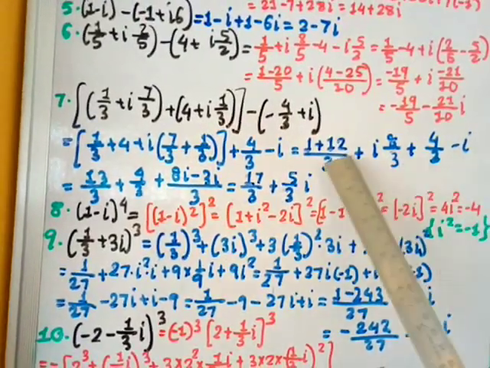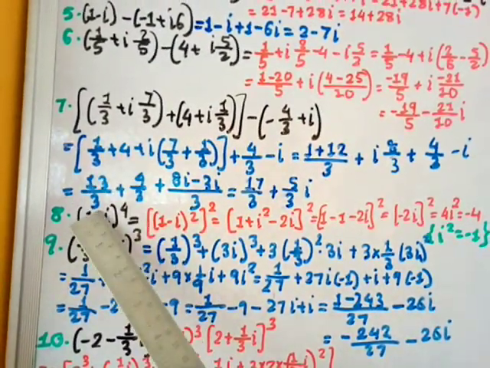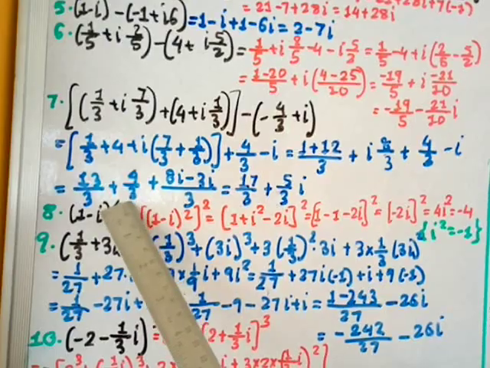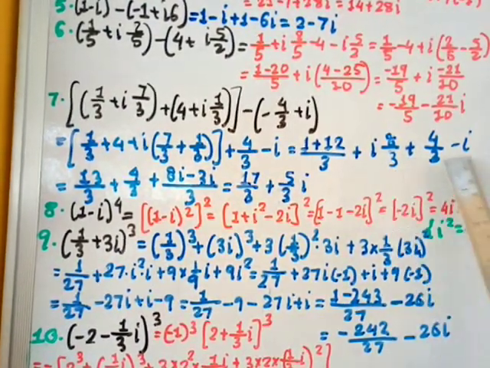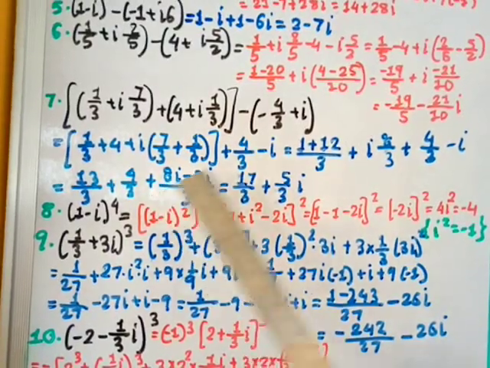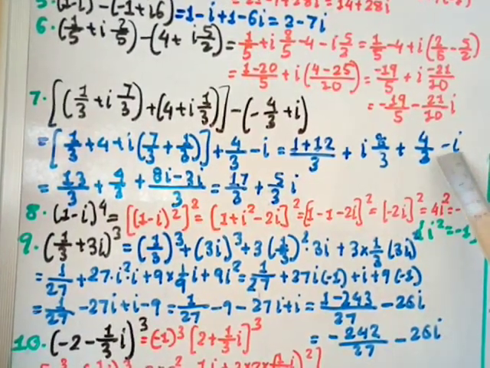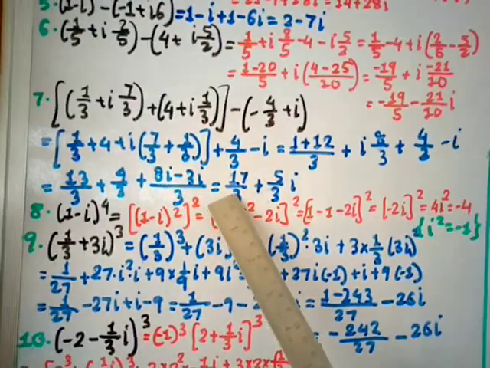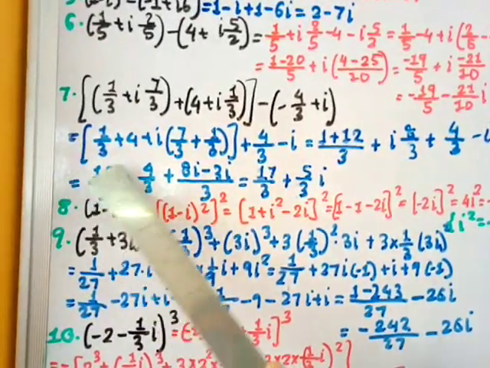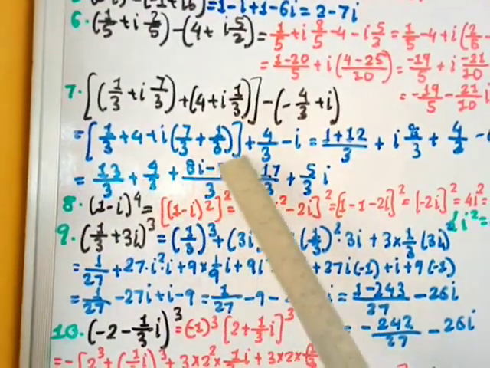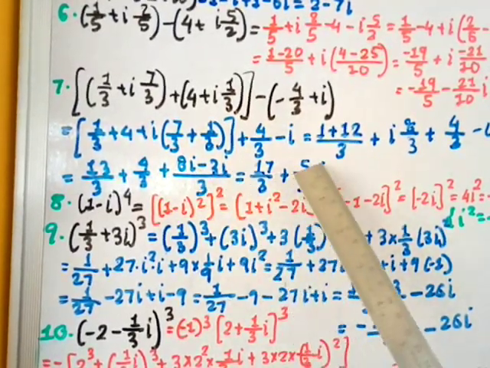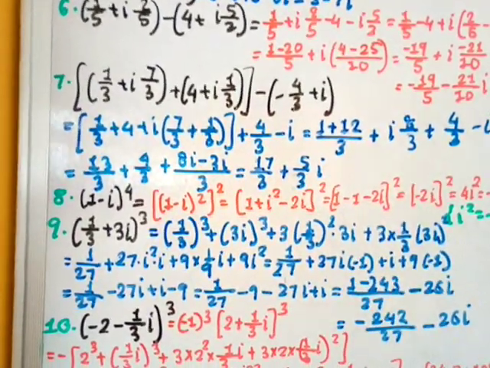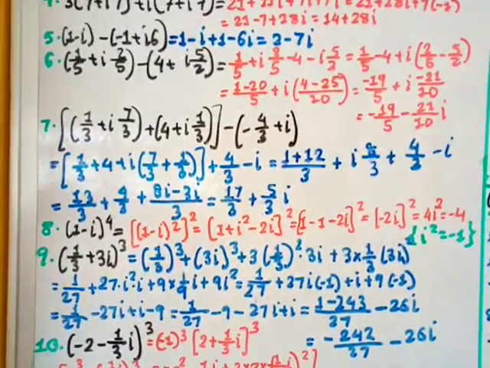Okay, so this is 12 plus 1 is 13 by 3, plus this 4 by 3 i. I am writing the constant term, or the real part, plus from here I am taking the LCM. So 8i multiplied by 3, so 3 minus 3i by 3, equal to, the denominator is the same, right? So add the numerators. So 13 plus 4 will give you 17 by 3, plus minus 8i minus 3i will give you 5 by 3 i. Okay, so that is the solution for question number 7.